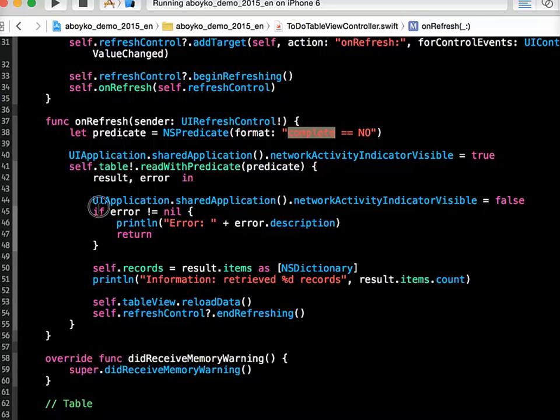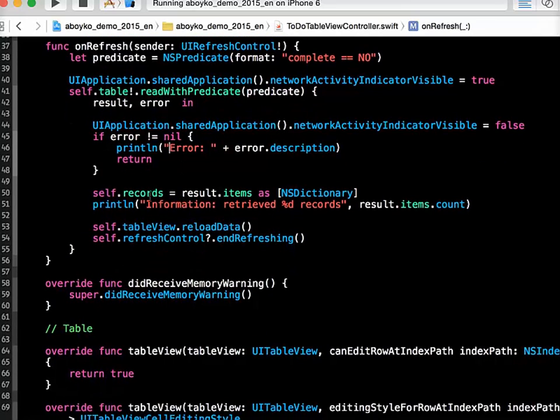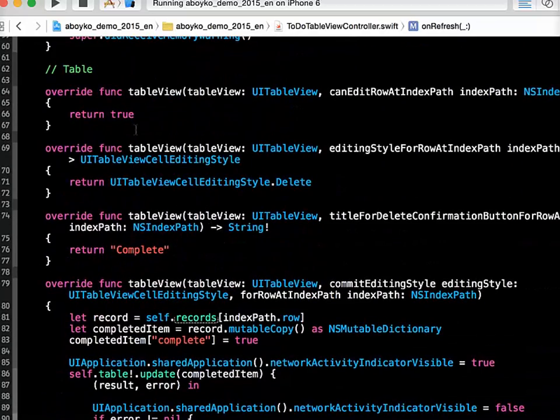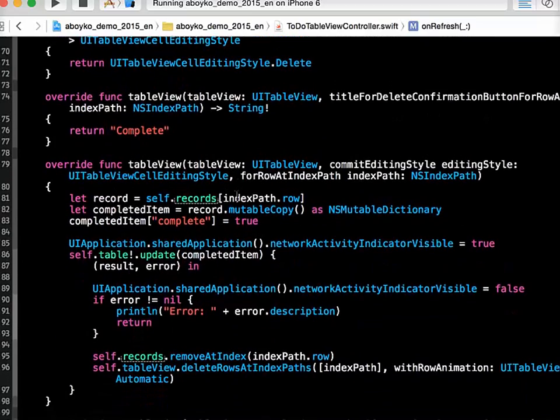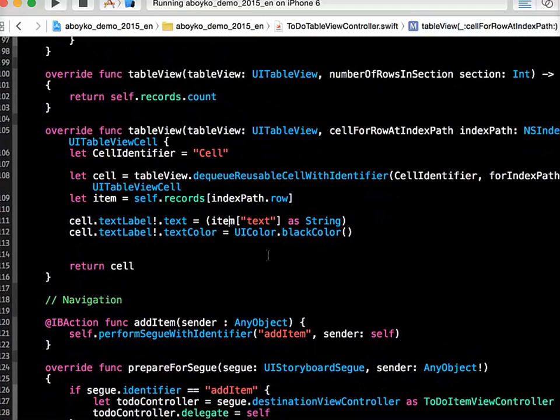So we're handling the error here, and setting the records as array of NSDictionary. So the actual data that we are retrieving is a type of NSDictionary, and in code that actually shows us the cells of the table, we set up the text as from item as it is a dictionary. Okay, so this code shows us the item,